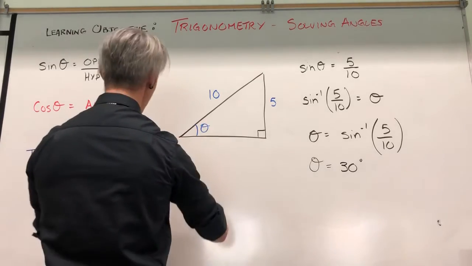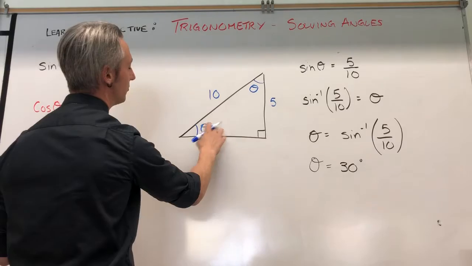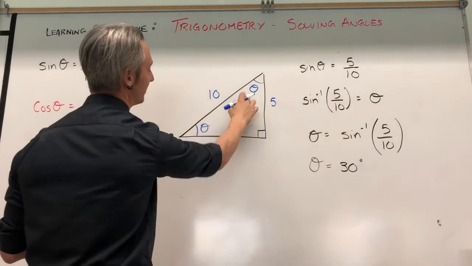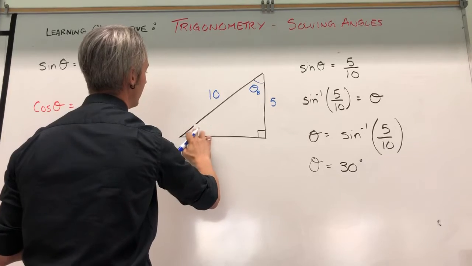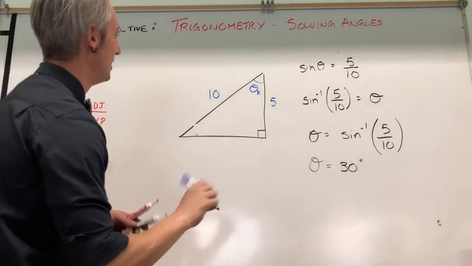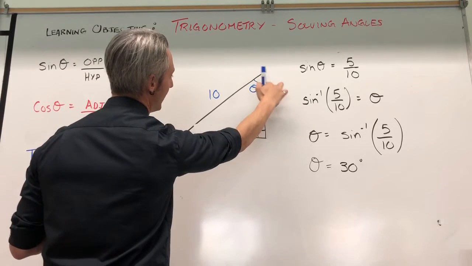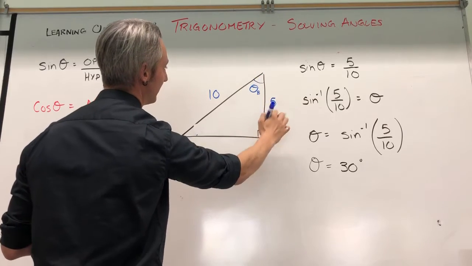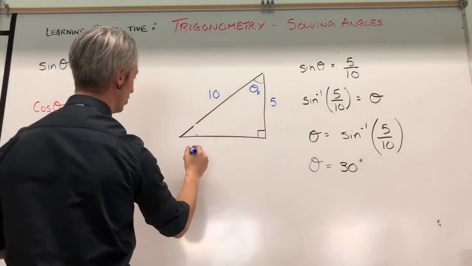Conversely, say I know that 180 minus 90 minus this angle is going to give me this angle. But say I didn't know this angle, and instead they're asking me for angle B. Well, in this case, I have an adjacent side, the side touching my angle, that's not my hypotenuse, and I have my hypotenuse here. So in this case, I would go